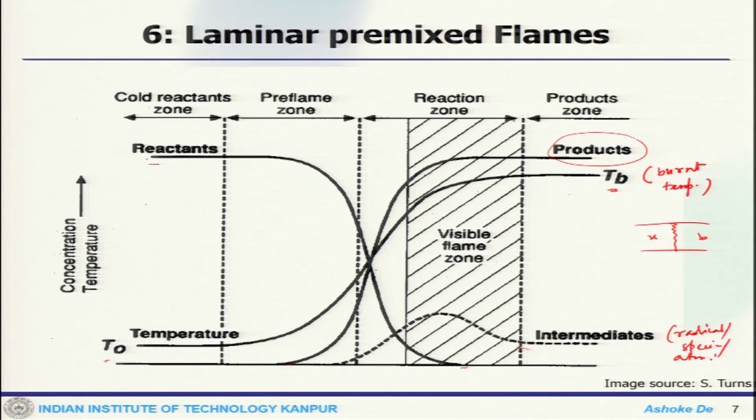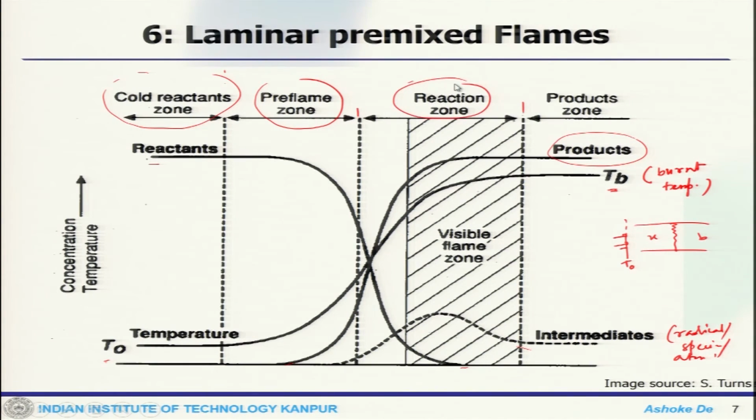In between there are some intermediates, which will be radicals or species or atoms, whatever forms. Now, if you divide this whole picture, this side of the dotted line is the cold reactant zone. That means at this inlet, if this is my T naught condition, all reactants are at the cold condition, so they are not getting into the business. Then as things move along, this zone is called the preheat flame zone, where slowly the reactants are heated up because of the temperature increase, and finally this is the visible flame zone, and this whole zone from this dot to this is called the reaction zone.